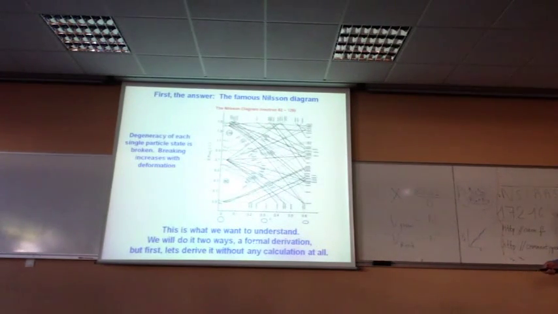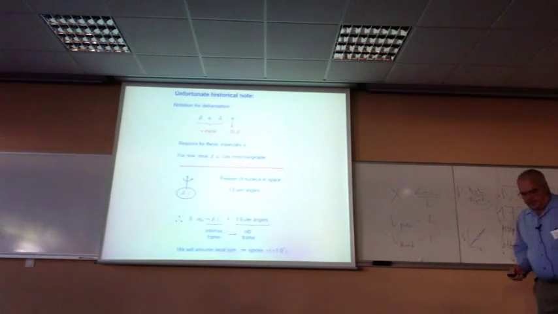A formal derivation, which I'm going to go through very quickly later on, because it's in every textbook, and there's nothing I can say that you can't see in the textbooks. But first I want to derive it without any calculation whatsoever. This is a slight lie. You have to be able to calculate a cosine, but that's all. Okay, so first of all, a comment about